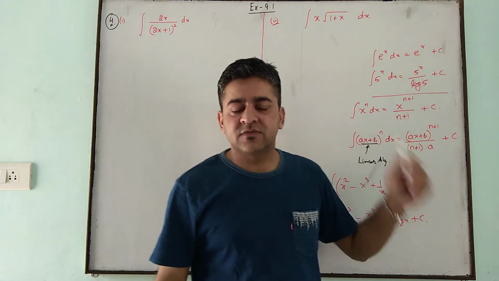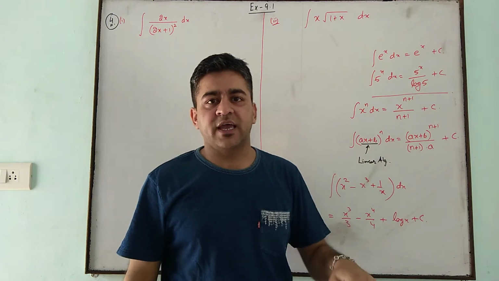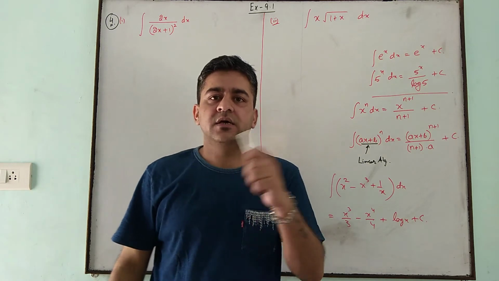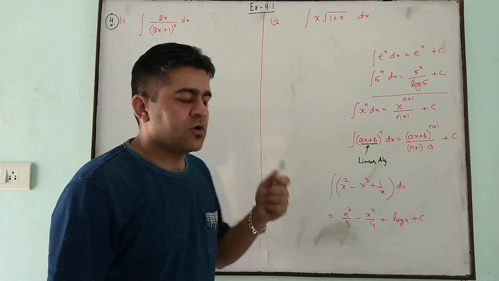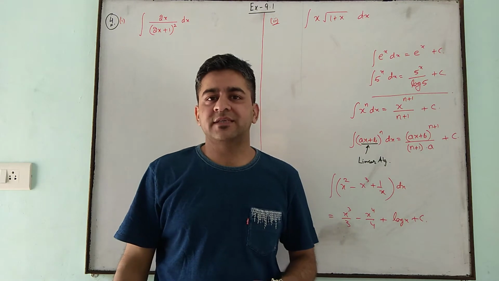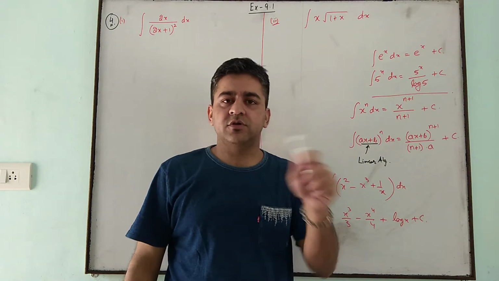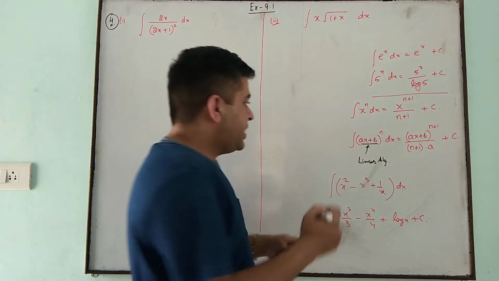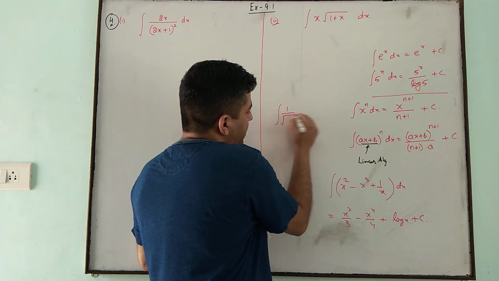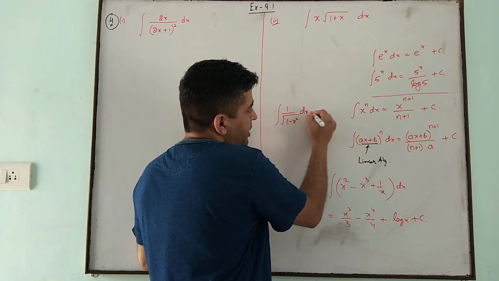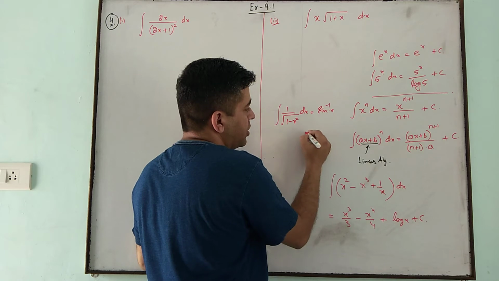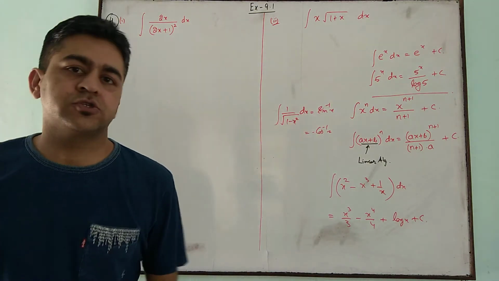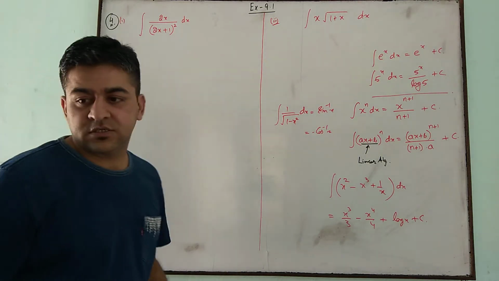Integration of sin x was minus cos x, and we directly do not know the integration of tan x, secant x, cosecant x. We know the integration of secant x into tangent x is secant x, that is antiderivative. Whatsoever differentiation, it's opposite to that, right? And integration of 1 upon under root of 1 minus x square was sin inverse x or minus cos inverse x. So whatsoever are the derivatives we know, then integrals also we know. This we discussed yesterday.